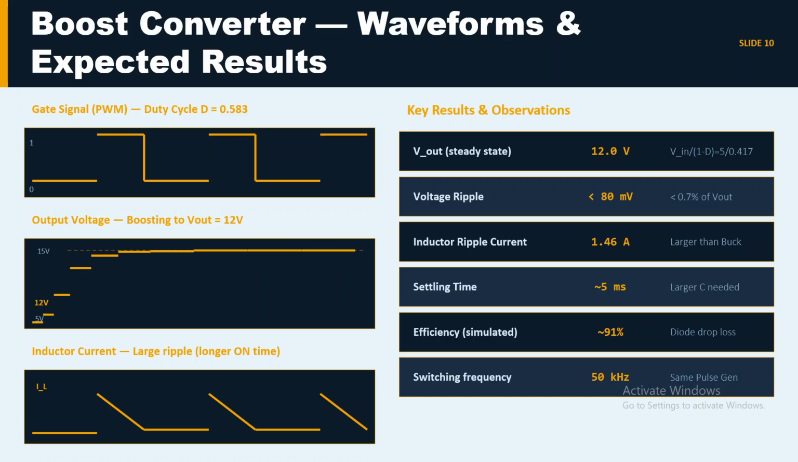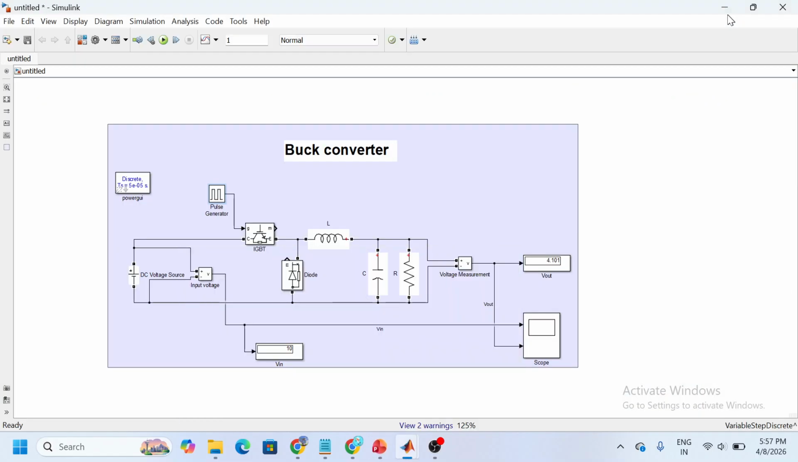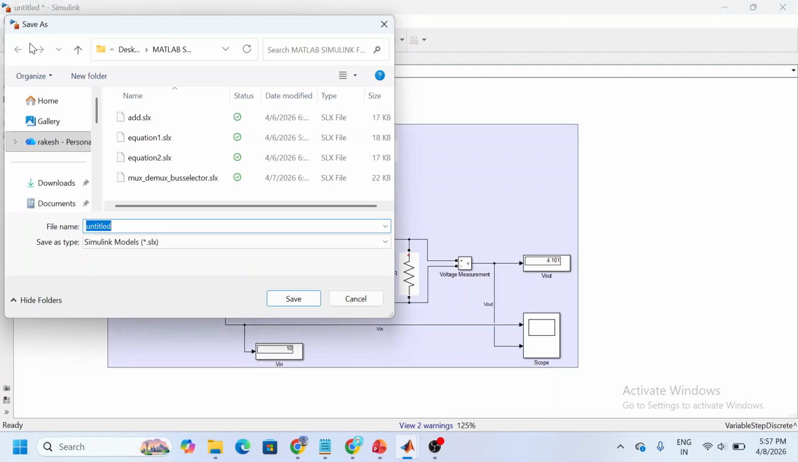Yes, so we will try the same circuit in the MATLAB Simulink library. So open the new model. So go to the MATLAB. So first, before that, save this file. Click on the save. Where you need to save this file means in the desktop folder,